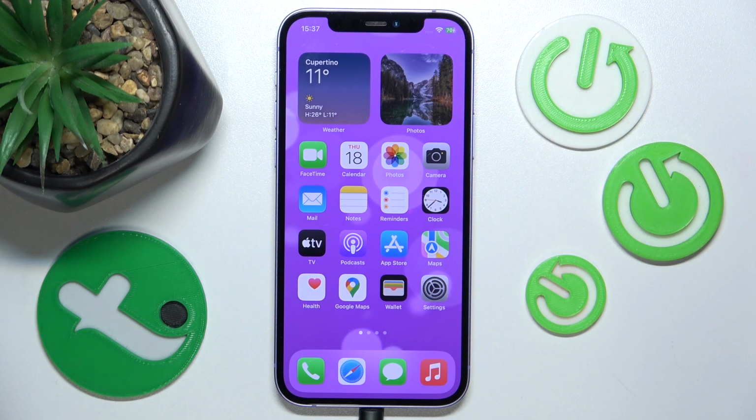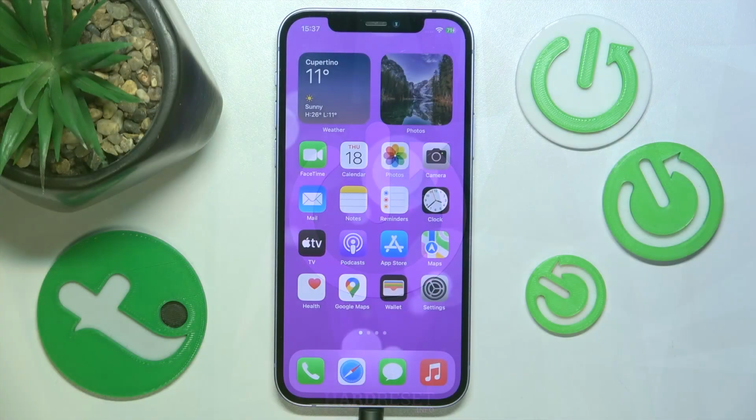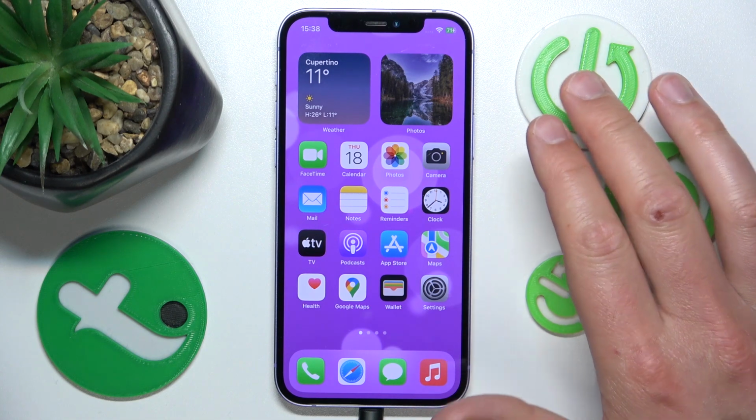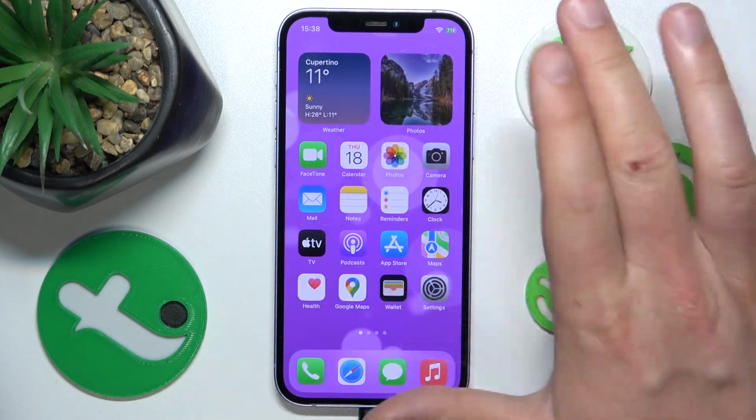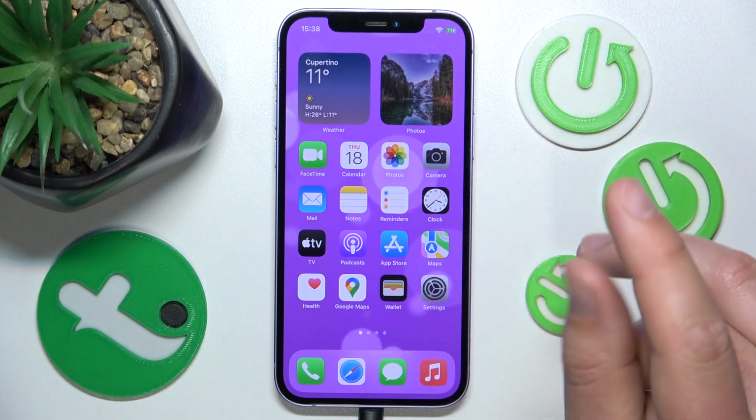Hello, in this video I'm going to show you how to turn on and off the full keyboard access and what it does on your iPhone. So today in front of me is the iPhone 12 with the iOS 17.4, but it really doesn't matter which iPhone you have or which version of the iOS you have, it is all going to work the same